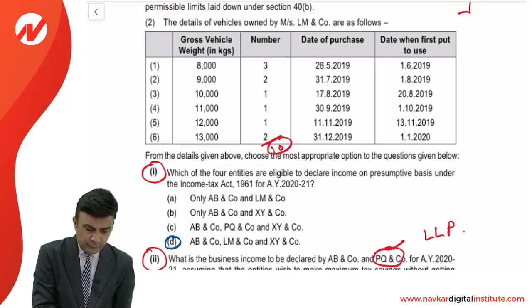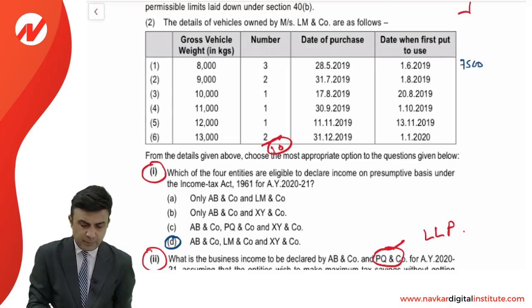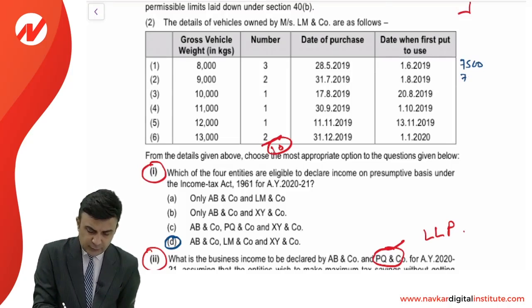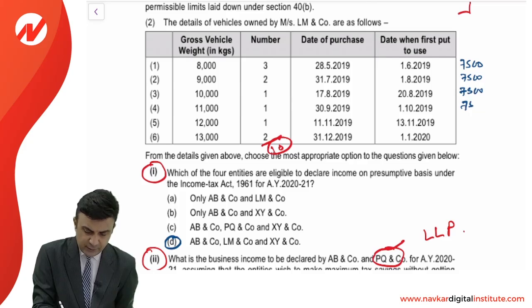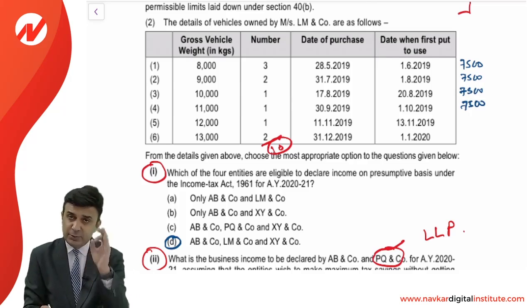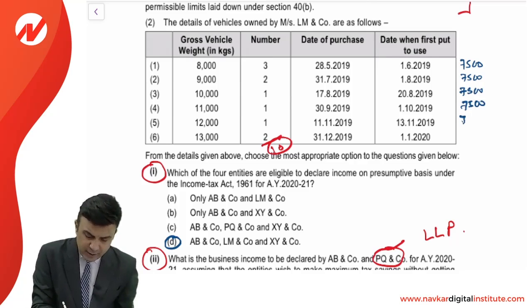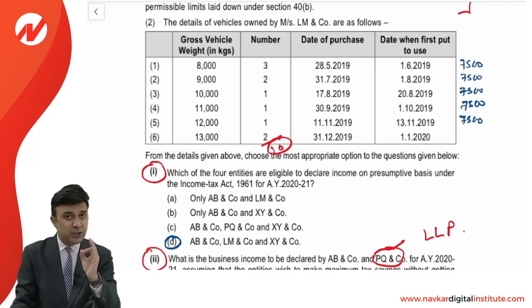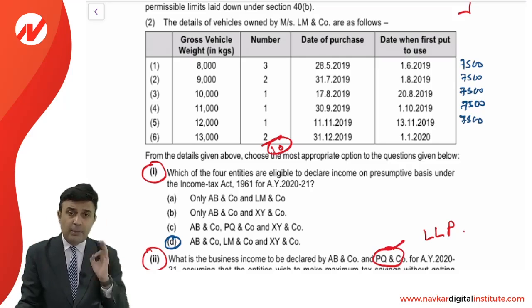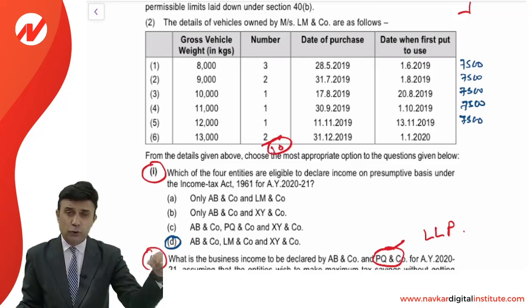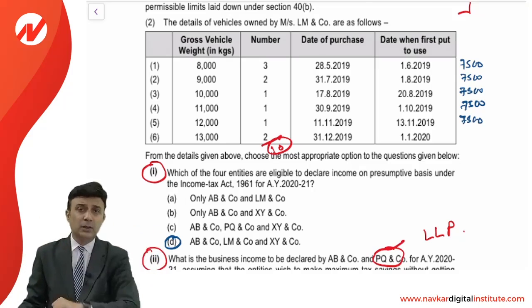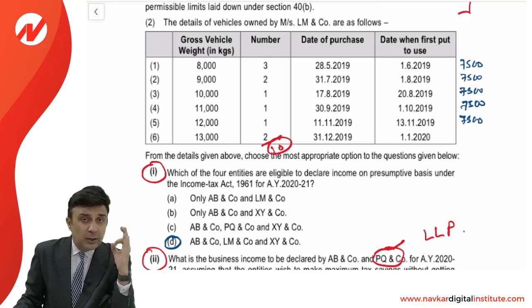For this first vehicle, I have to declare 7,500 rupee per month. For the second also 7,500, 7,500, 7,500. Very important here, there are chances of mistake. Exactly 12,000 kilogram would also be 7,500 rupee per month or part thereof for which the vehicles are owned by the assessee, because that 1,000 rupee per ton per month or part is applicable only when the capacity of the vehicle exceeds